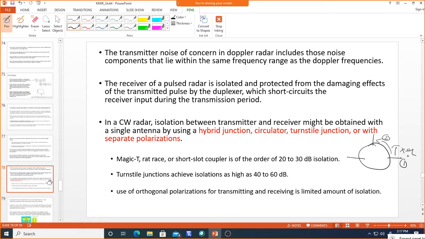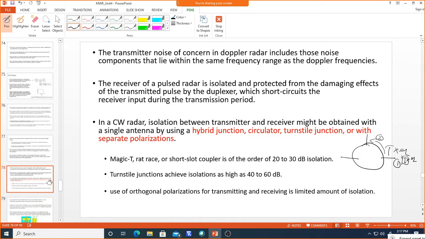Now if you put the transmitter here and transmit the power, the output goes to port 2 and you can put the antenna there. Whenever the antenna receives a signal at port 2, it will definitely go to port 3, and it won't go to port 1. That is the property of a circulator. Whenever you put power at port 1, it goes to 2, power at 2 goes to 3, and power at 3 goes to 1. This is the property of the circulator.